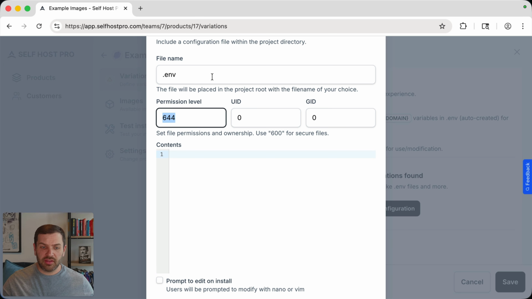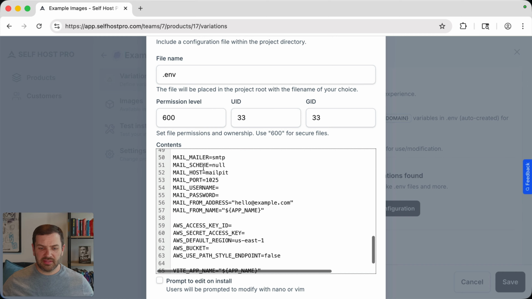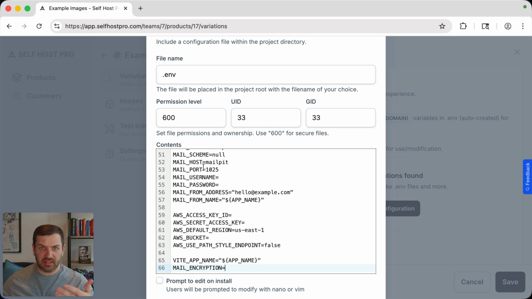We even allow you to give certain permission levels. So we could do 600, and then based off of our container, our application is running as the user ID of 33 and the group ID of 33, which is just the www-data user. And then we can paste in just this basic getting started Laravel env. And if you want, you could even prompt the user to edit this environment variable file, but in this example,